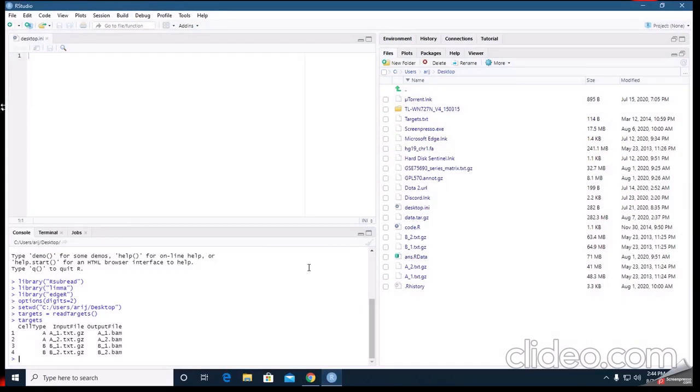Now I want to store my cell type in the cell type variable.